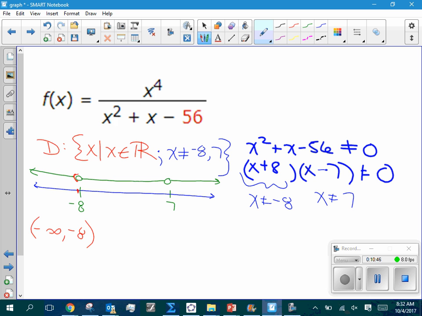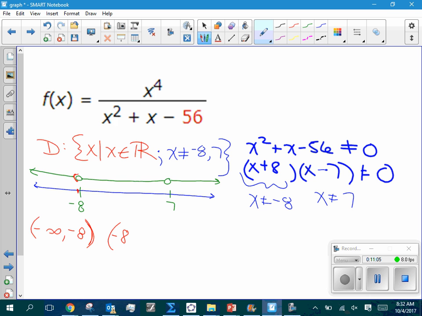We have to write it out in decimal form. So we just say, well, we're going to look at negative 8, but the parenthesis says just the values to the left of negative 8. Okay, the first value to the left. Then we skip negative 8, and now we're going to use the first value to the right of it, right? So negative